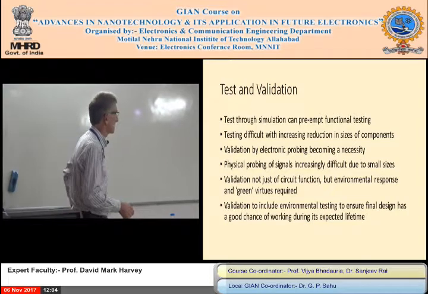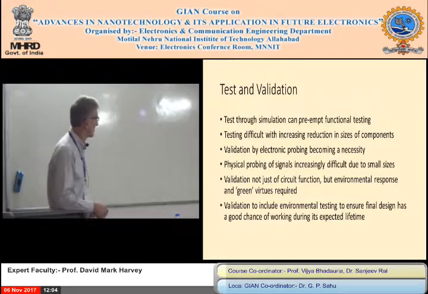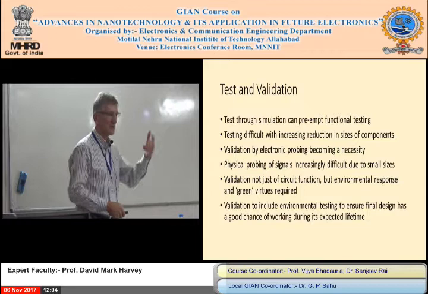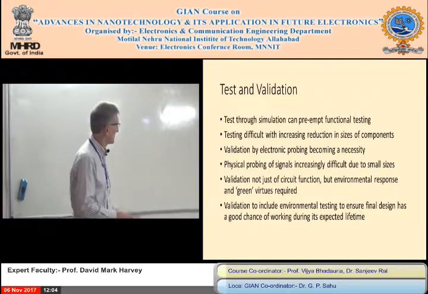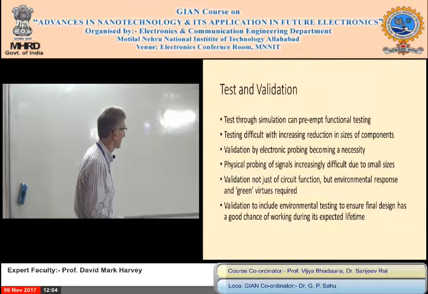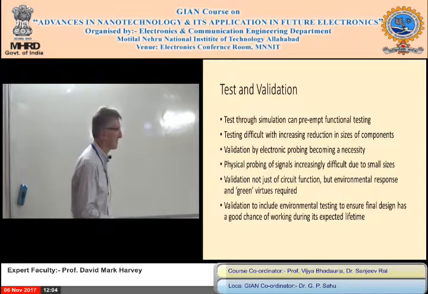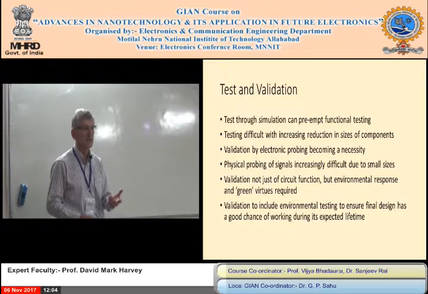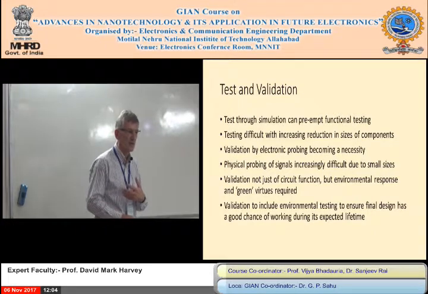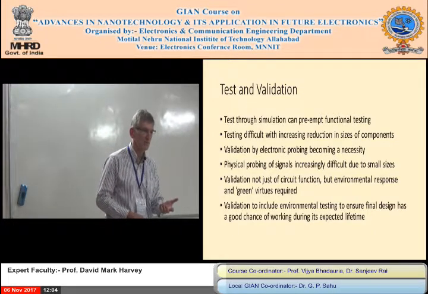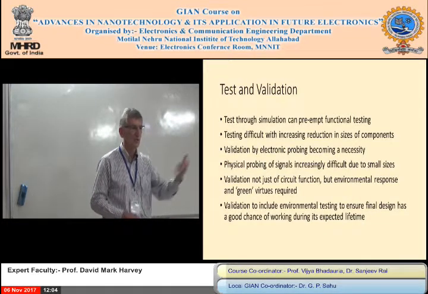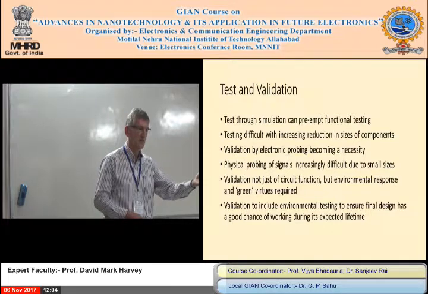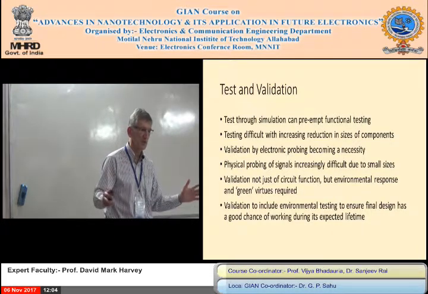So this is the thing which, again, universities don't concentrate too much on. You'll do the functional testing if it's an AND gate in the lab, put the inputs in, look at the output. You might look at the speed, but it's very important where you're going to put this circuit. Environmental issues. If you're going to use a circuit in India, as opposed to the UK, what's the temperature range? Will the same temperature range apply in India, UK and Norway? It won't. So if you're making a car you want to sell anywhere around the world, you have to think what temperature range it's going to work under.